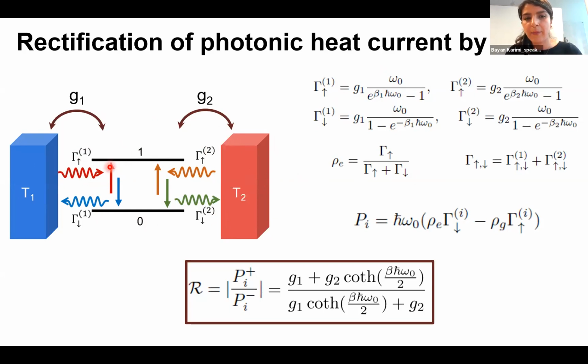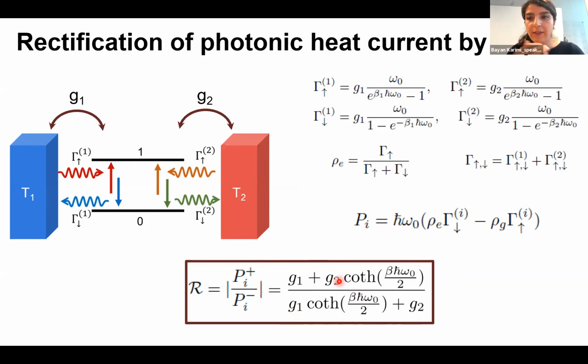And then another thing is the temperature, which is given by beta 1, beta 2, the inverse temperature of bath 1 and bath 2. So in this case, the power is given by this expression, and the rectification ratio, as you can see, when we keep one of the cold baths at zero temperature, which in our case means like 10 milli-K, it's already enough. Based on the dry fridges, we can really reach this temperature. Then we can see that we have a real rectification ratio based on the two important elements, which is the